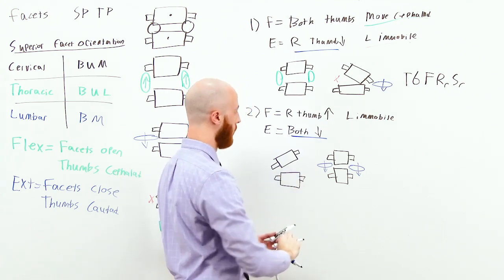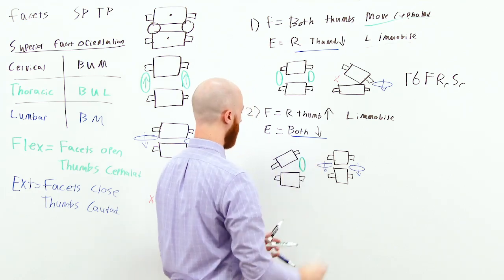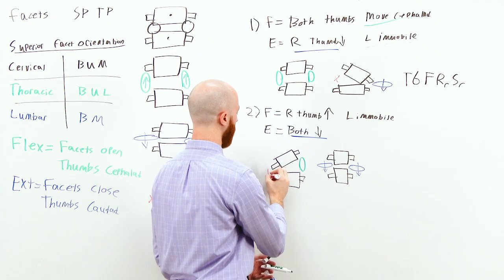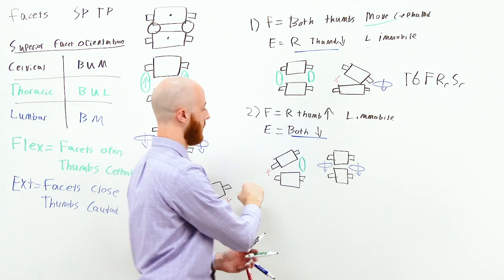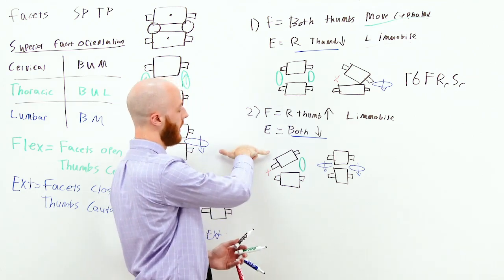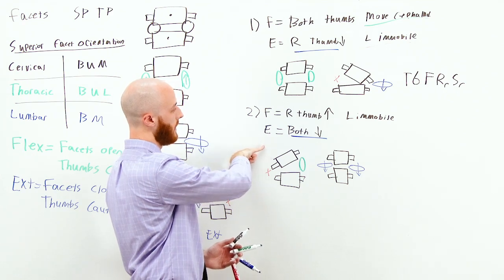So the right thumb moves upward as it normally should, but the left side stays closed, which is dysfunctional. Because of this dysfunctional facet, you can now see that the vertebral body is rotated and side bent to the